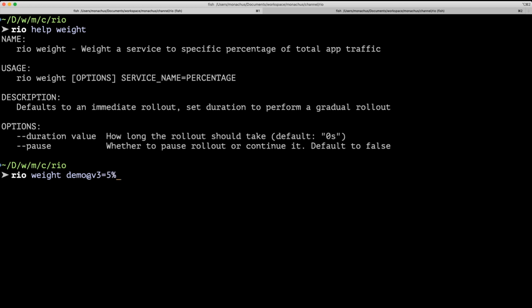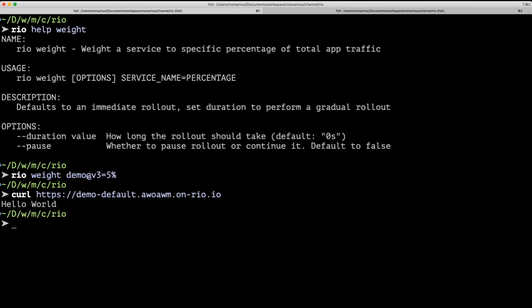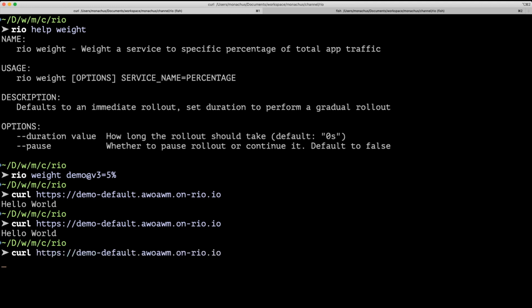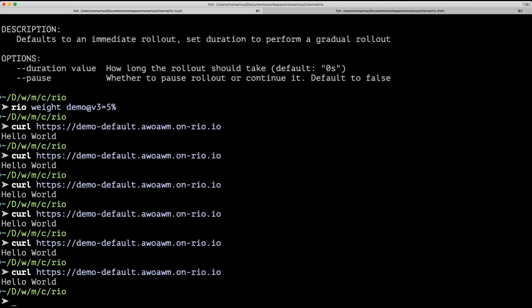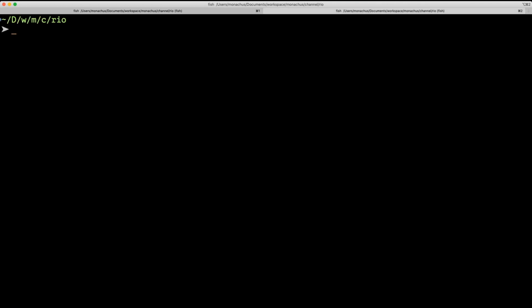We'll tell Rio to send 5% of the traffic to the v3 demo. And because we didn't provide duration, it'll do that instantaneously. It's unlikely that we'll actually see the v3 because we're the only ones hitting it. So we'd have to hit it 100 times and we might see 5 of them. But if we put some traffic on it,